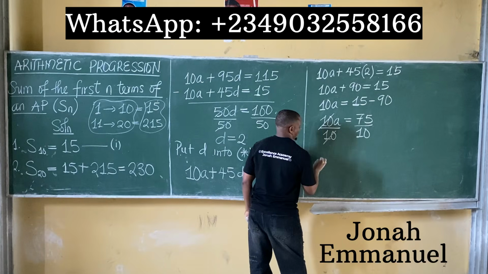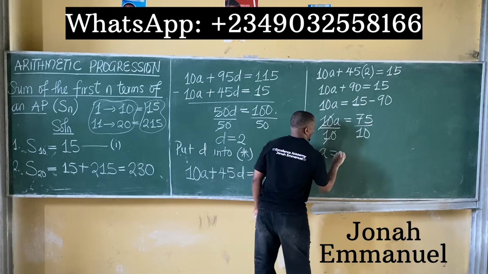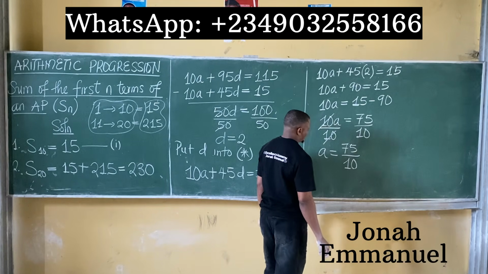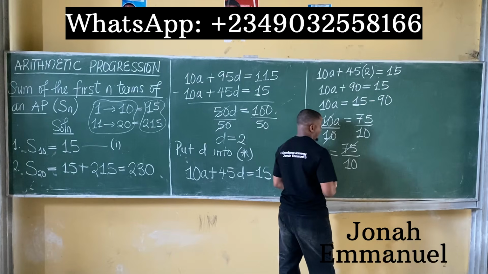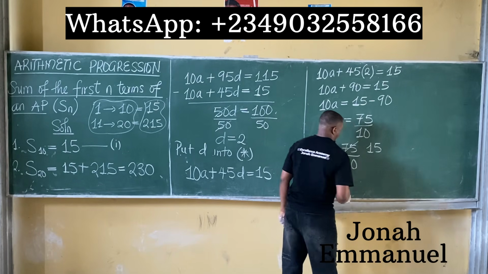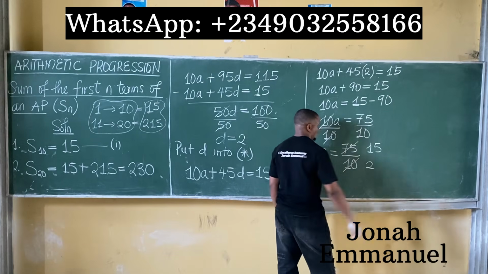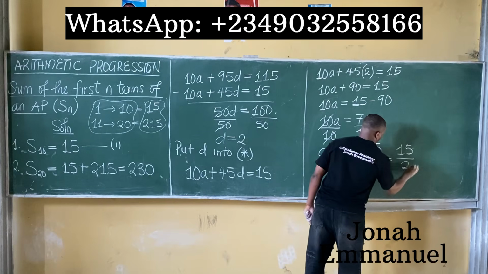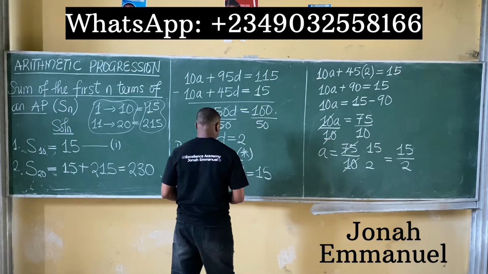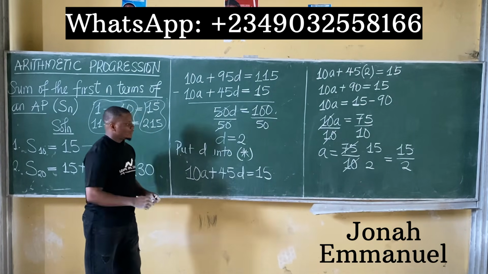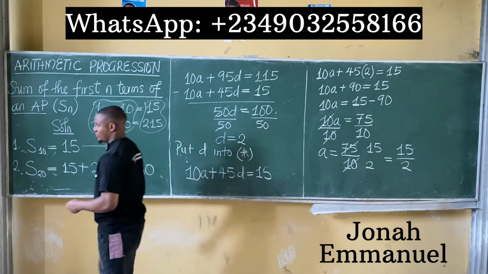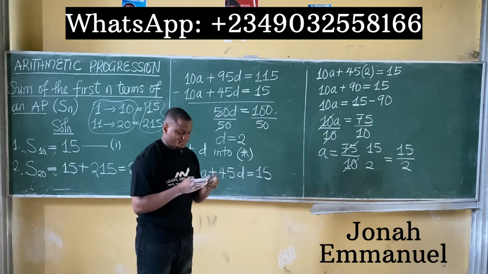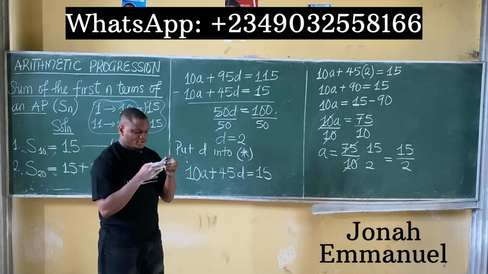This cancels this. So a, first term a, is equal to 75 all over 10. 5 can divide both of them. 5 here will give you 15. 10 divided by 5 gives you 2. All right, so this is equal to 15 over 2. So the first term is 15 over 2. The common difference is 2. All right, we have to find what exactly. Let me check again. In the question, we are asked to find